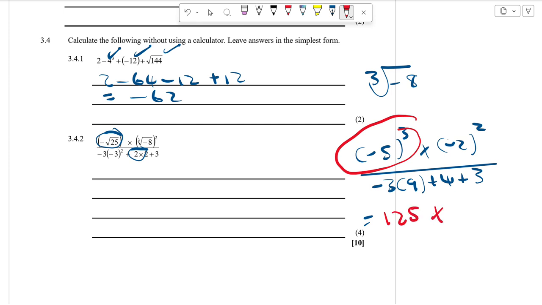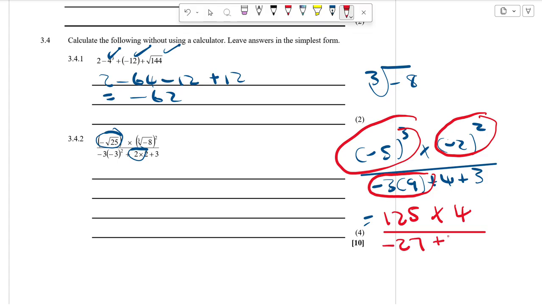multiplied by, we can also press this in our calculator. We are going to have 4 divide by. Okay, and then we can press this part because it's multiplication. What is 3 to the power of 3 multiplied by 9? That is -27. 4 plus 3 plus 7. And then use your calculator here. You will get